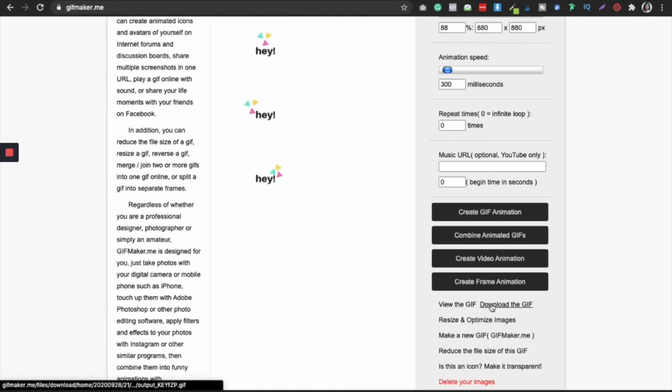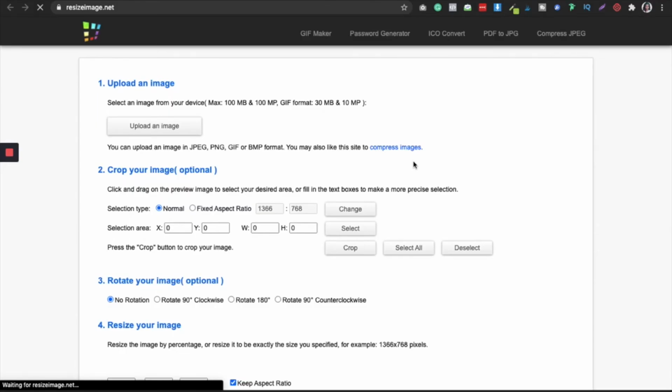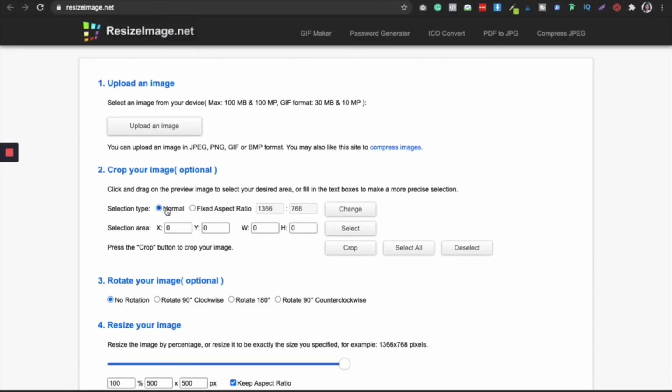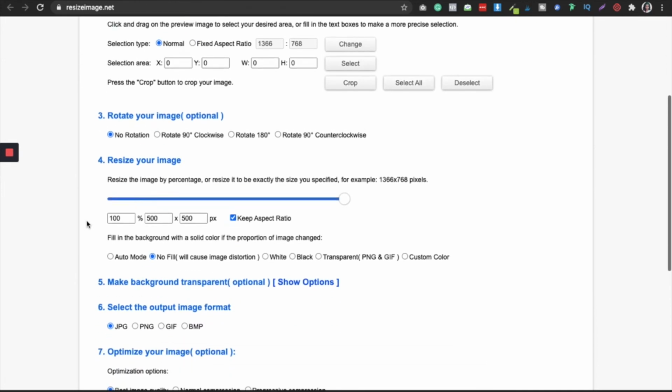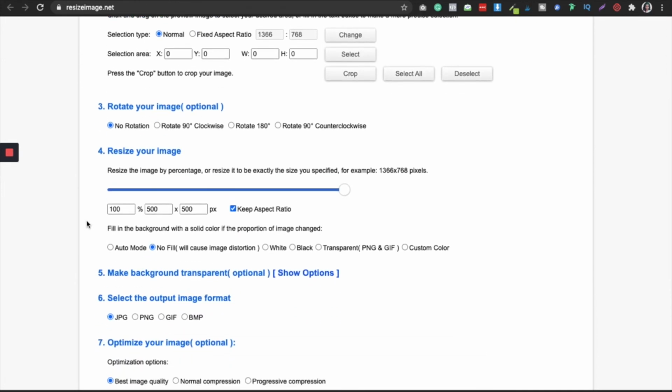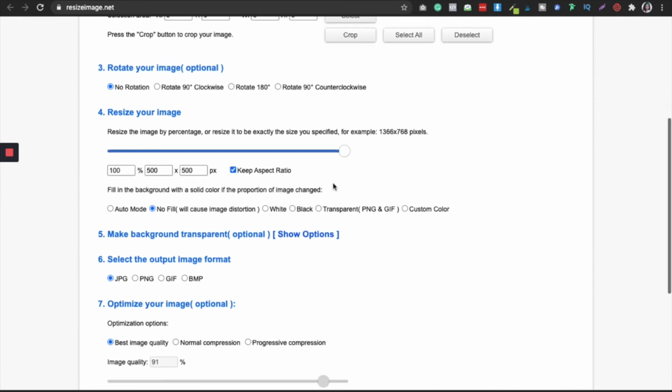Now if I want to download the GIF, I can simply do that. If you simply want to resize and optimize, you can do that. If you click on resizing, it will look like this. If you want to select the aspect ratio accordingly, like the customizable one, you can do that, or if you want to keep it normal, it is completely fine. So you can see that here you have to play around according to your needs and requirements. No one can tell you that this is how it should look. It completely depends on how you want it to look, and this is how you can do that.